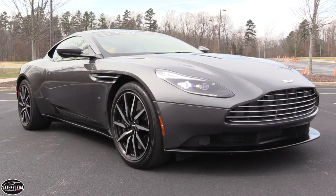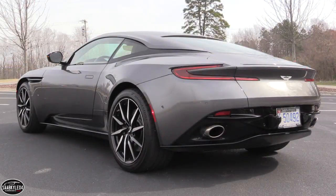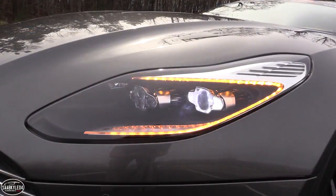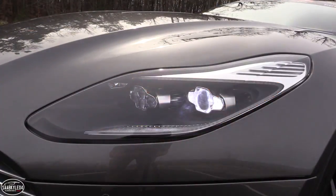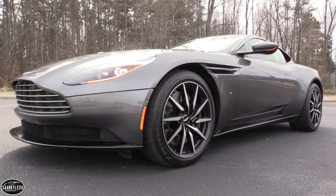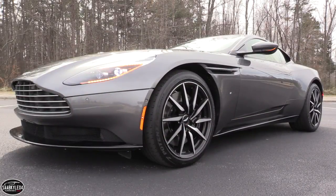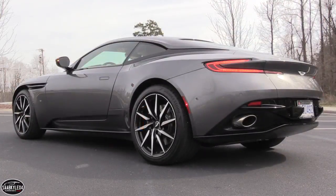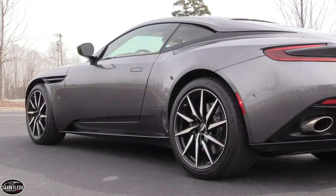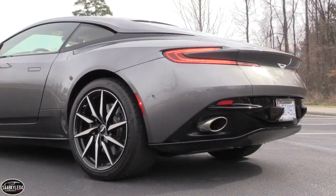From the ground up, the DB11 was designed from a clean sheet of paper, featuring a new powertrain, chassis, body structure, and electrical architecture, much of which will lay the groundwork for many exciting things to come. Not only is this the first series production Aston with forced induction, it's also the quickest, fastest, and most powerful DB model ever. The styling ushers in a new era for Aston Martin, one that reimagines what it means to